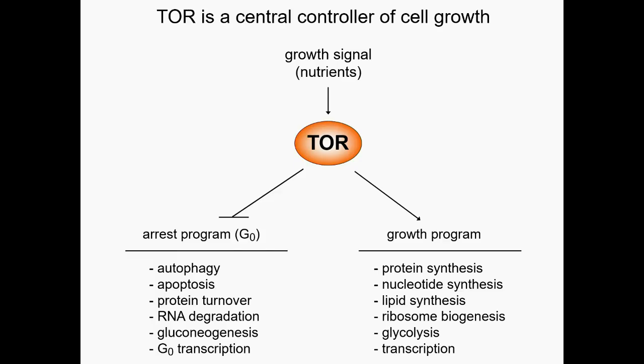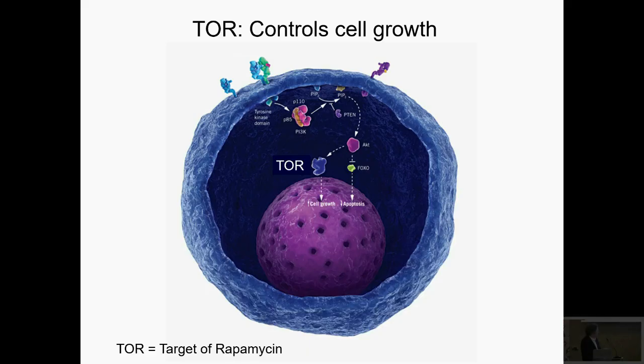So the next question we addressed was, how does TOR actually control all these processes? Well, there are effector signaling pathways which emanate from TOR, and these intersect with key proteins involved in all these processes to control them. So an overview of this, a very high-level overview, can be shown here. So this is a cell. We have TOR in the cytoplasm. It responds to factors on the outside, nutrients. We also now know growth factors, and this then signals into the cell through a biochemical pathway involving this TOR kinase, which then controls all these processes.